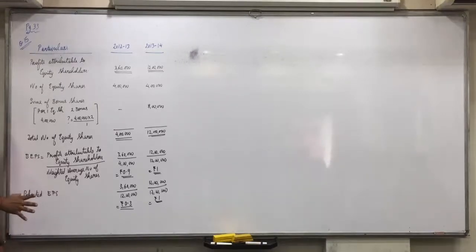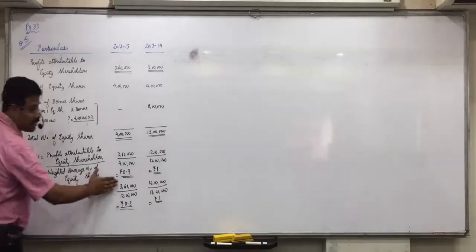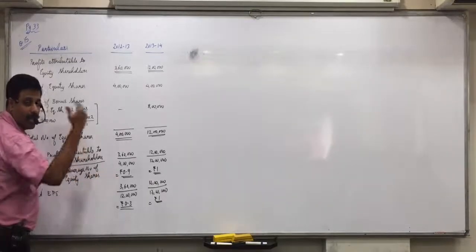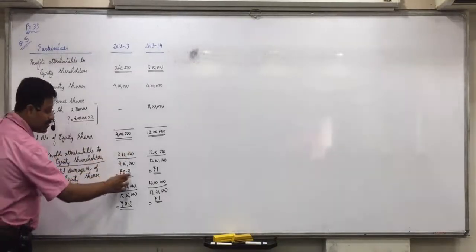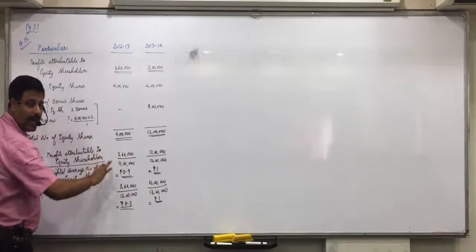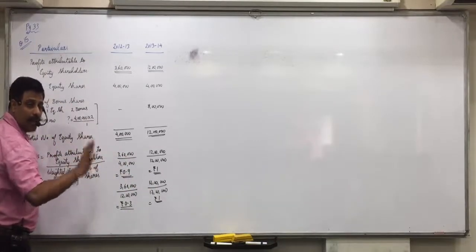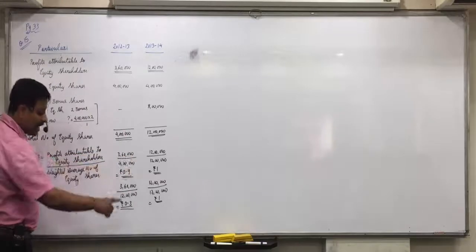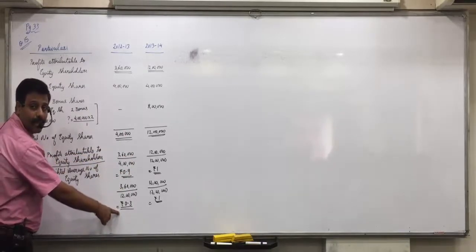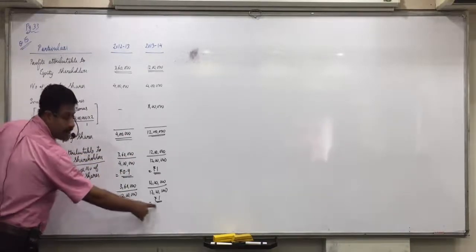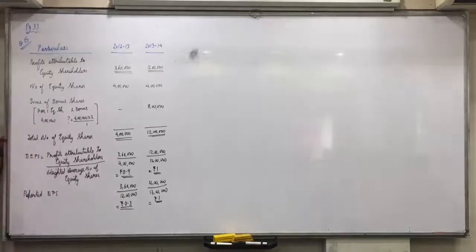Did everyone understand this? That's why which subject you are studying? Financial reporting. We are studying the reporting standards in this subject. The actual EPS is 0.9. But when you report it to the shareholders in the annual balance sheet, this will not be shown only. 0.9 just will not be shown. You will directly show to the shareholders that last year's EPS is 0.3 and current year's EPS is 1. So profitability has increased by 3 times.